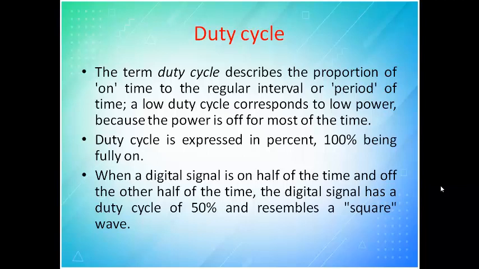So 100% duty cycle is fully on. We will not go for 90 plus, as well as 0 to 10. From 0 to 10% of on also we will not go. Similarly, more than 90% we will not go, because we know something called slew rate. Slew rate is, see, if I ask you to do any work, at that instant you will not start the work. For example, if you have kids at home and you ask them to do any work, they will not respond suddenly. Which means their slew rate is more.